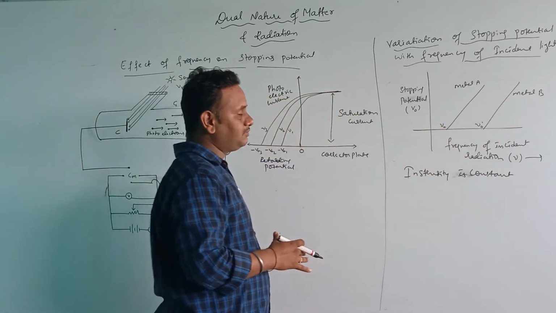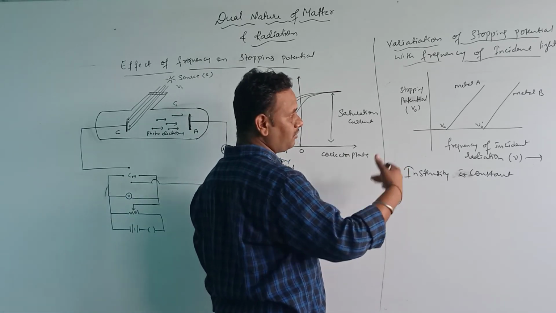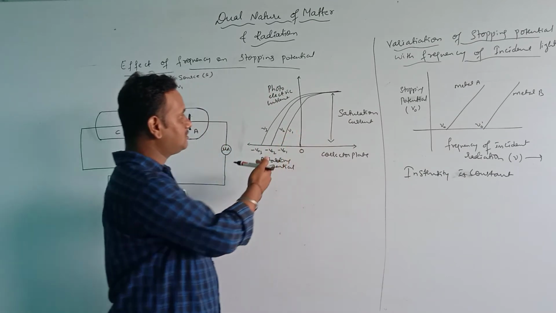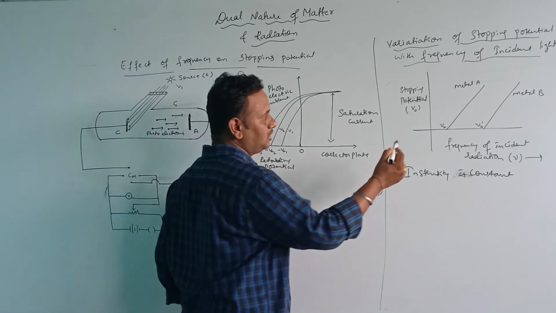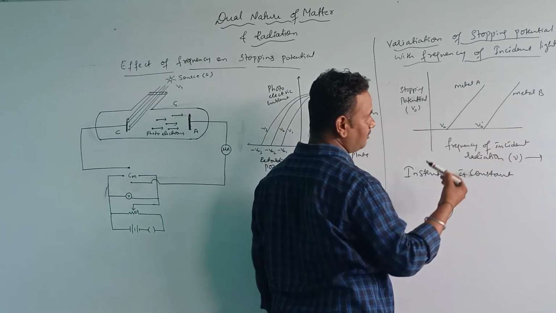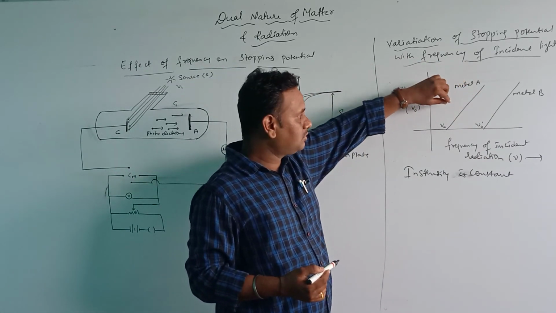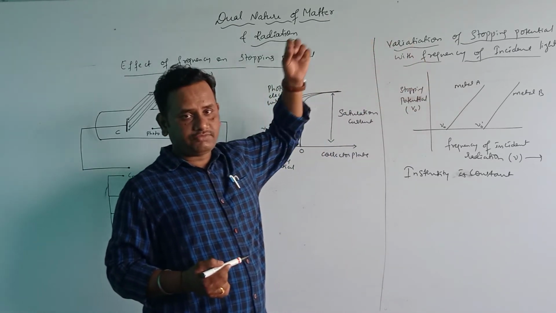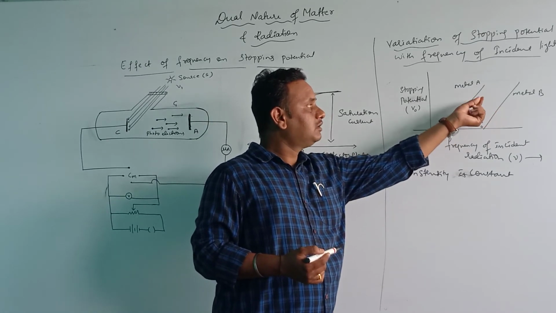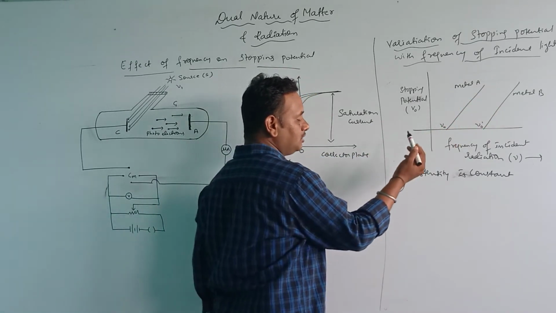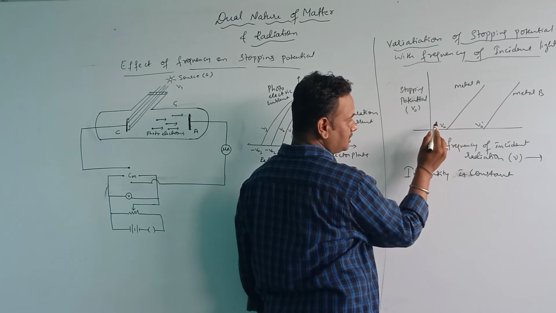We can observe here that the stopping potential is different for different frequencies. In the previous case we studied that frequency and stopping potential vary together, and the same thing holds here for metal A and for metal B. For the frequency of light we are incident on the two different metal plates, we can observe that the straight line is not passing through the origin here.